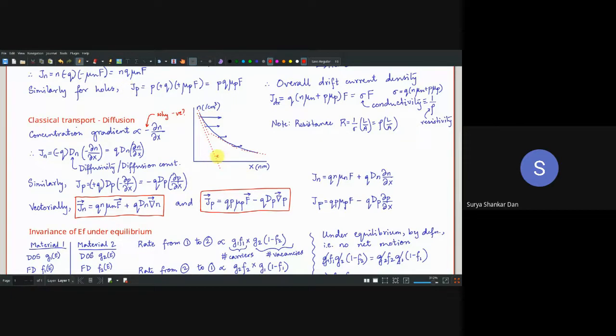ये angle क्या है? This angle is in the second quadrant, right? So if it is a second quadrant angle, obviously its slope itself is negative. But what we will understand here is that the concentration gradient, the currents will be in this direction, right? So we will always try to put the current as the positive quantity. So that's why we have put a negative over here, because del n del X itself is negative. Because this is the decreasing concentration, right? If it is decreasing concentration, मतलब क्या है? आपका slope हमेशा negative ही होने वाला है anyway, right?